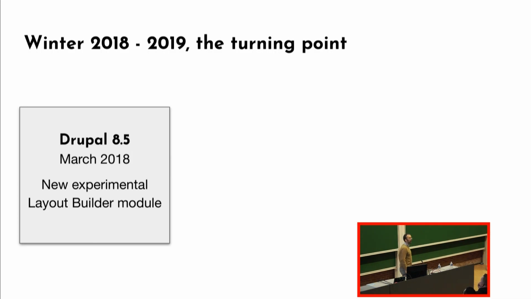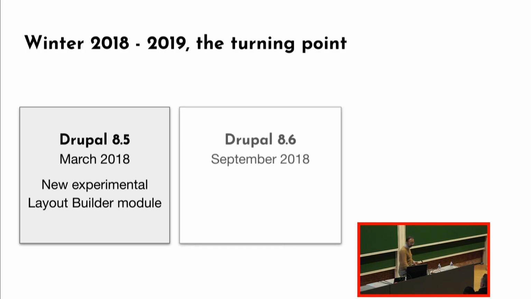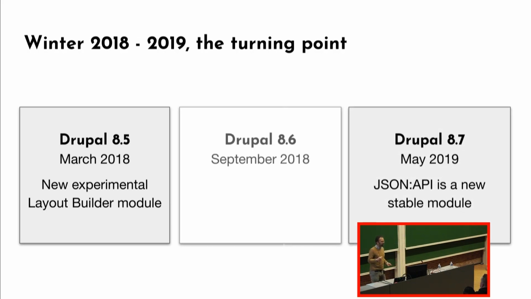Something happened in 2018. We went from Drupal 8.5, where Layout Builder was introduced, and it was like the start of something great. We will build on it. To one year later, Drupal 8.7, introduction of JSON API. I love JSON API. JSON API is great. Entity Share is made with the JSON API. You can publish business data to a lot of platforms with JSON API.